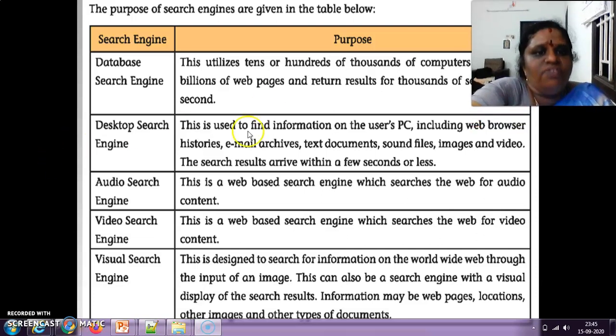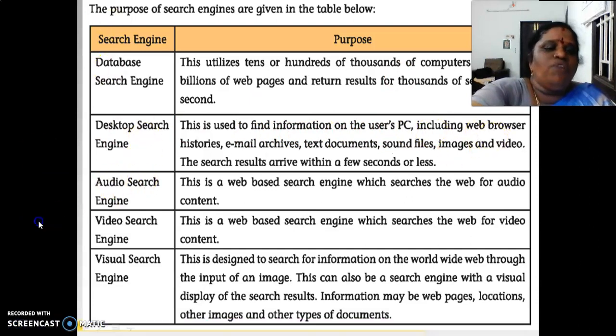A desktop search engine is used to find information on our own computer, including web browser histories and all. Okay, if you give audio, that is called an audio search engine. If you give video, that is called a video search engine. Okay, a visual search engine is designed to search for information on the World Wide Web through the input of an image. This can also be a search engine with the visual display of the result.